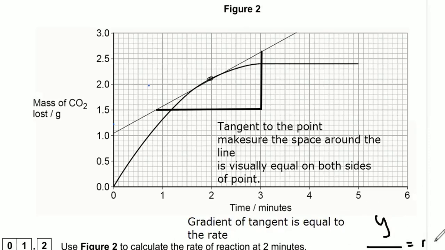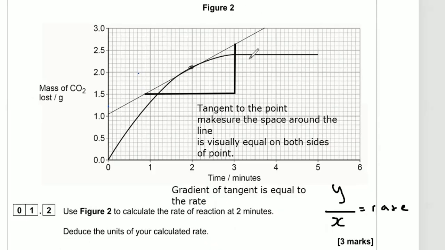So I'm basically doing y over x here. Going up on my y-axis, I've got like 11 little squares, maybe 1.1 to 1.2. I'm going to call it 1.1. And then along the bottom here, we've got 21 little squares, so that's going to be 2.1 along the bottom. So I'm going to do 1.1 divided by 2.1, which is y over x, and I'm going to get